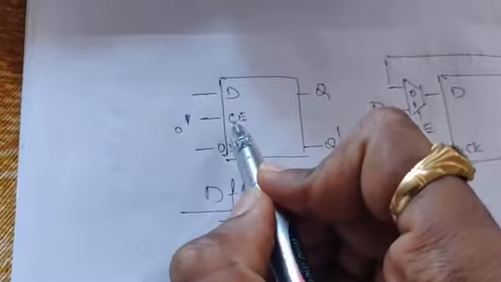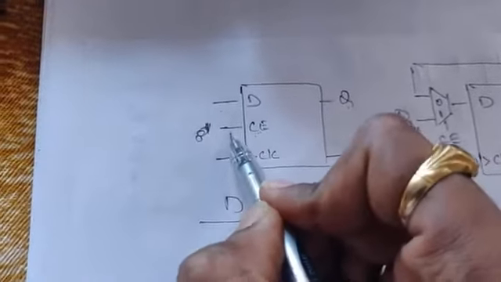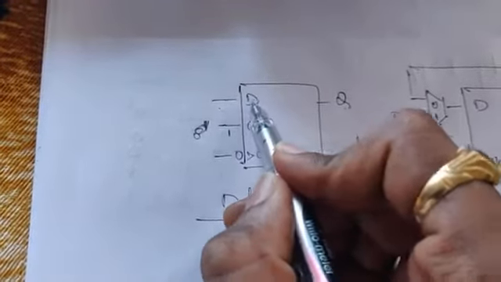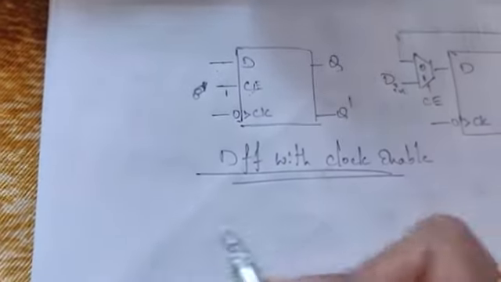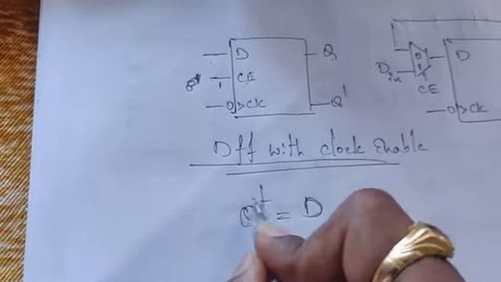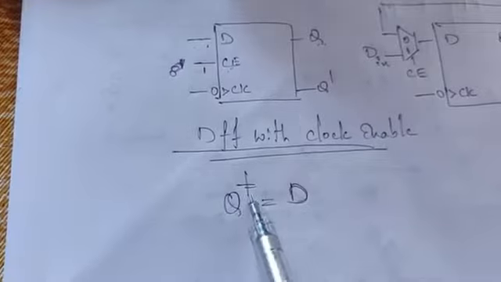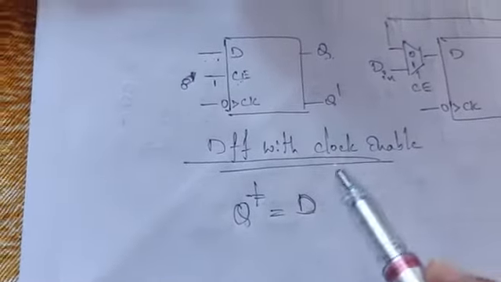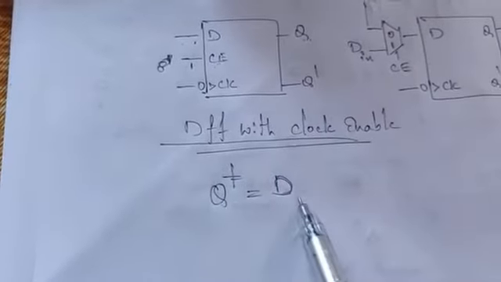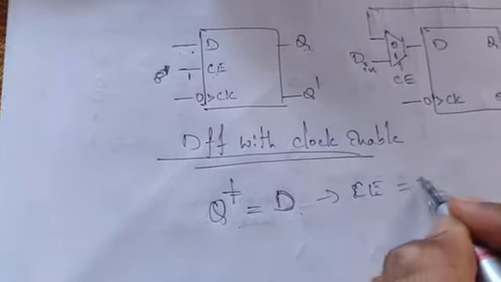So suppose the clock is disabled. Let me first take clock enabled, meaning 1. So 1 means the clock is enabled. Then the data input which I pass with D will be the output Q plus. Whatever data you pass will affect the output, that is Q plus, the next state. Q plus is equal to D, because if you pass 0 that will be 0, if you pass 1 that will be 1. So Q plus is equal to D.